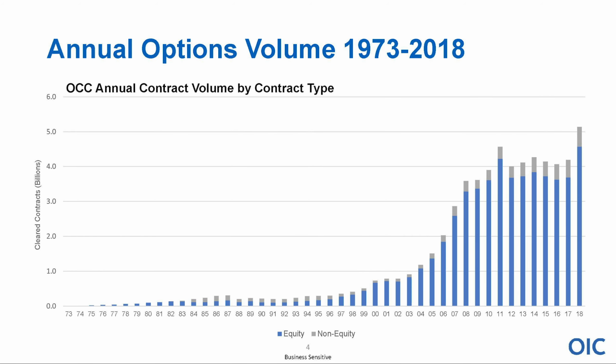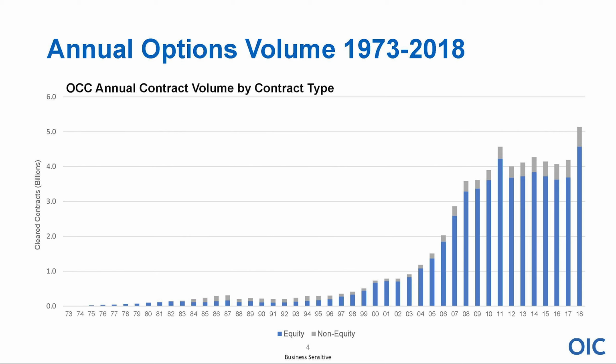I want to take a look at the industry, just a snapshot of volume. You can see the huge growth in volume as we turned the century. A number of things happened there, multiple listings, and of course, electronic trading. That was also on the tail end of the beginning of do-it-yourself investing and investors taking control of their own money. The expansion was massive, and you saw the spike there in 2011. For those of you in the markets during 2011, you may remember the European sovereign debt crisis, which caused elevated volatility throughout that year. And that was an outlier year for a little while until 2018, when we set a record going over 5 billion contracts cleared.